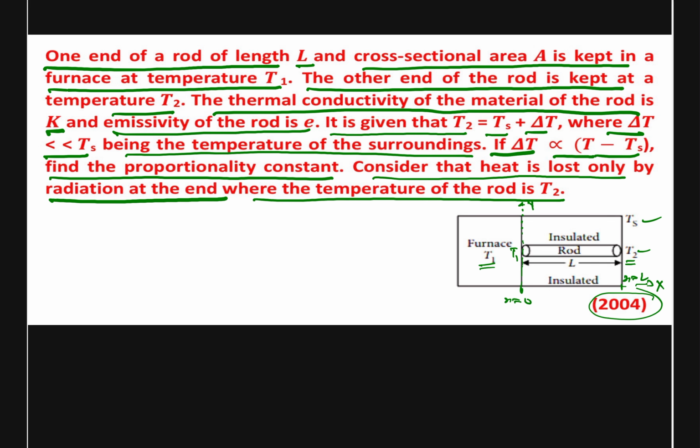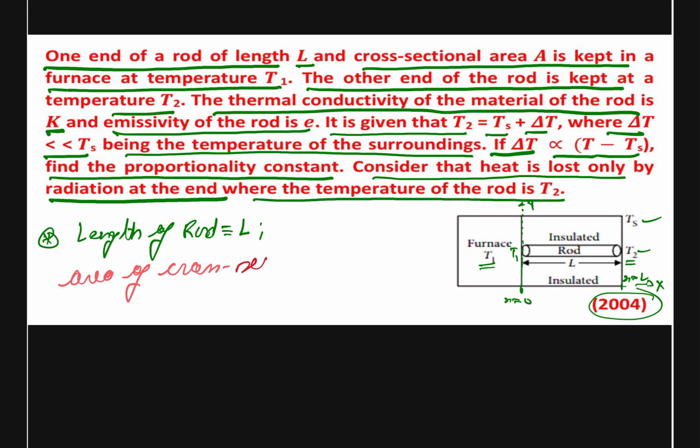So we can say that the length of the rod is capital L and area of cross section is our A,